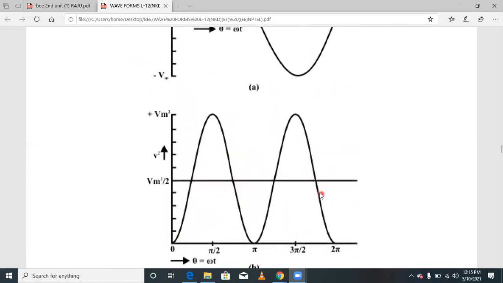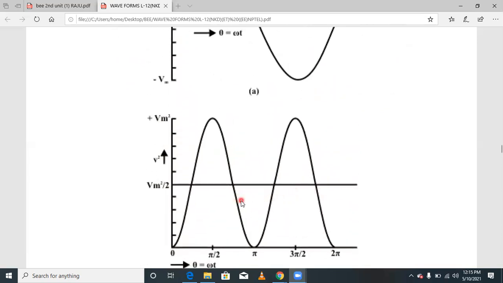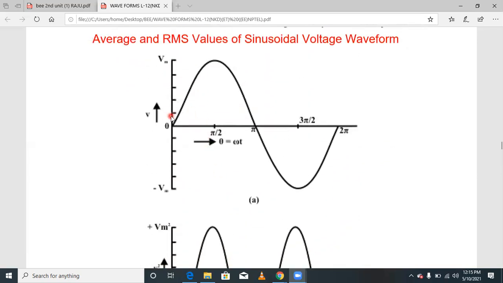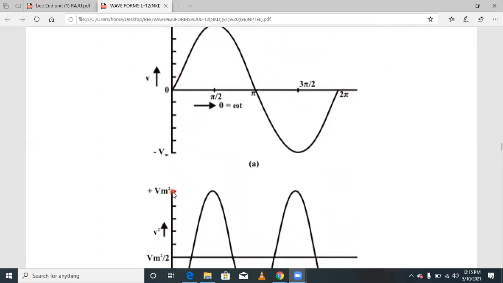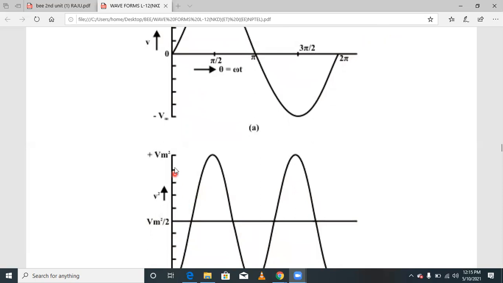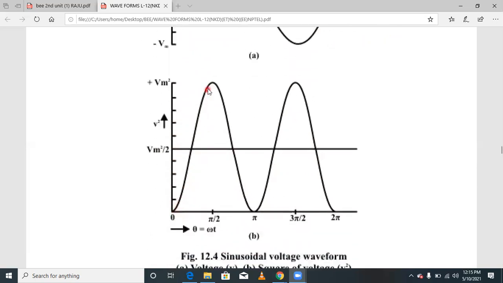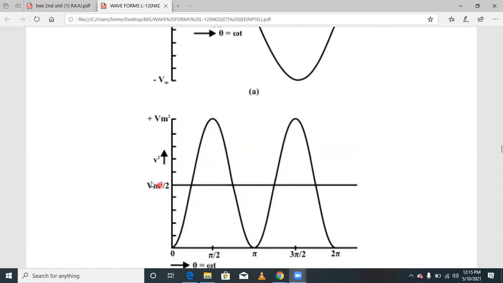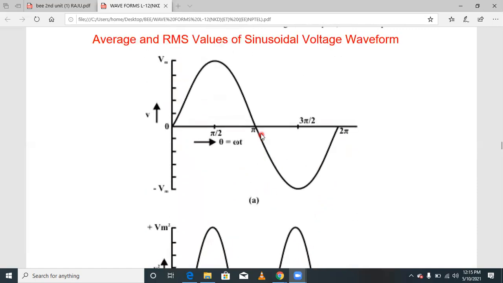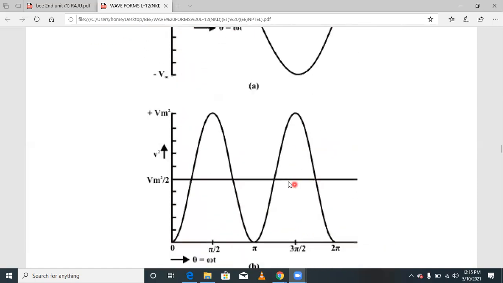The time period is not changing, so what is changing here? The magnitude of this waveform. For example, here 5, so 5 scaled is nothing but 25. You will get 25. That is only the voltage magnitude changing, and this voltage magnitude is completely on the positive side only. So that will become a DC. If it is negative, that is nothing but AC.